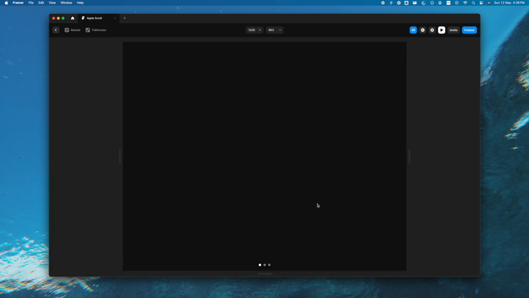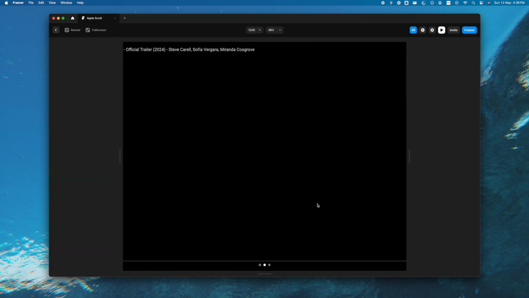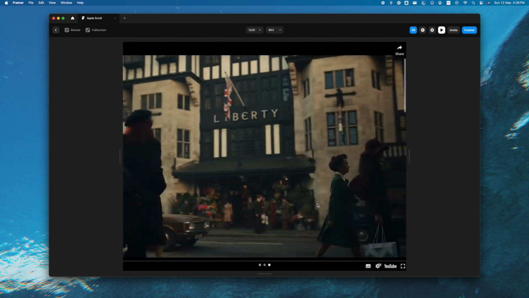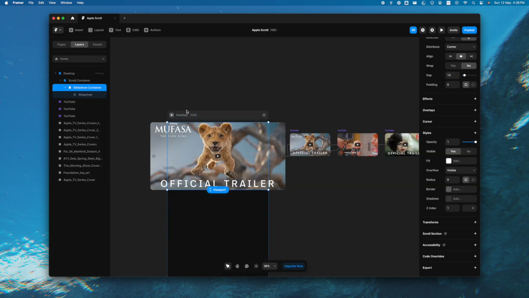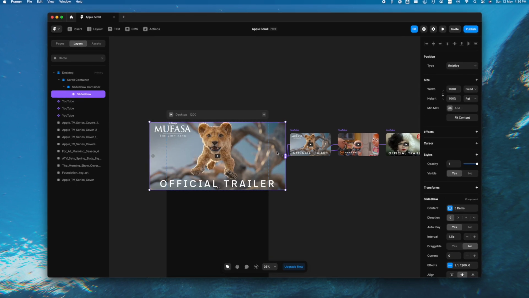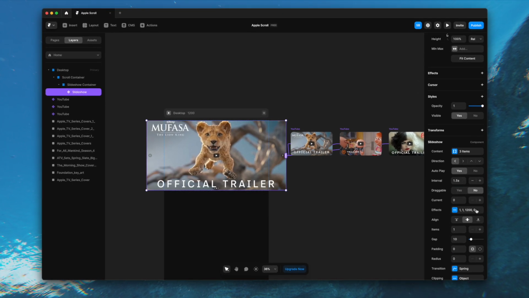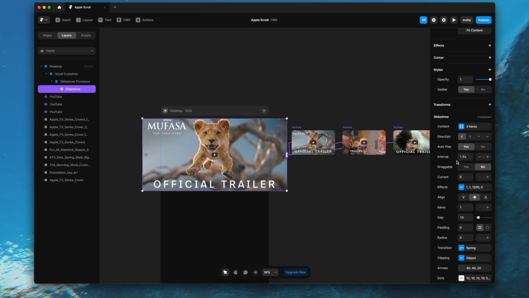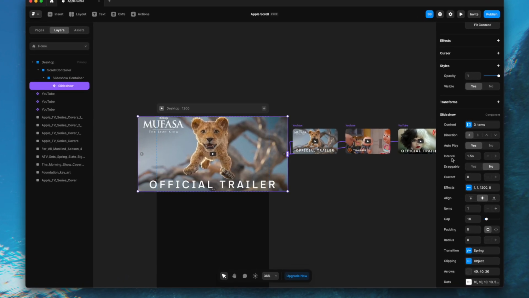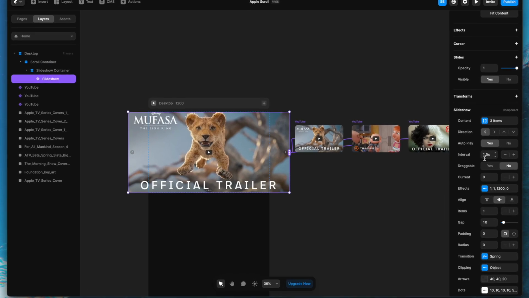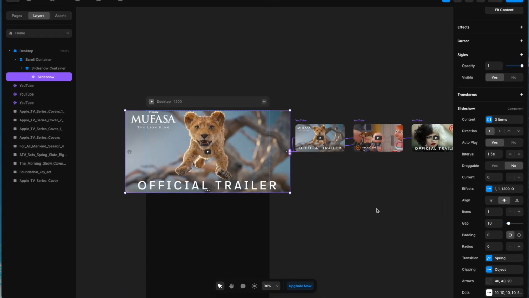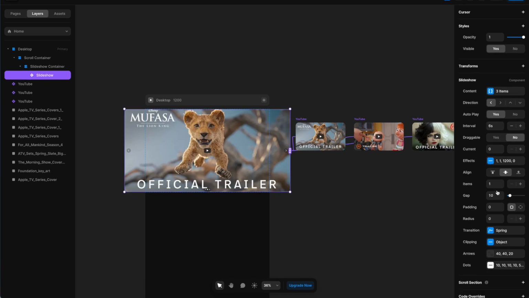So once we have done that, we'll see even while we're scrolling down, the video is sticking on top, but still moving too quickly. So we'll have to go back and we'll go to the slideshow component right here. And we'll have to change the settings in here. So what we'll do is enable autoplay. We will change the intervals because it was switching too quickly. We'll change it to 6 seconds. Let's just go further down.